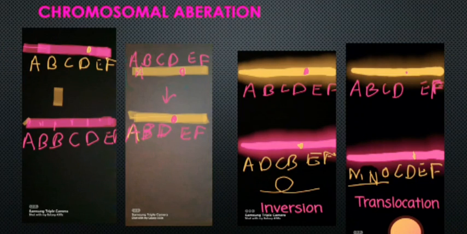In the duplication, what happens here? In the duplication, one segment or one gene gets